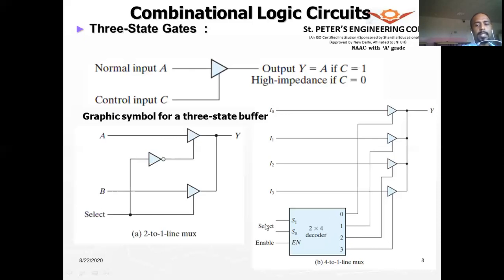Of course, the decoder also has select lines, the inputs. And here we are using the enable also. The enable here is active high. So if enable is high, only then the decoder is functioning. If enable is low, then the decoder is not functioning and it will be disabled. All right. So this is an example of how you can select 4 lines, how you can use a tri-state buffer for 4 input lines. So this is the understanding of this circuit.